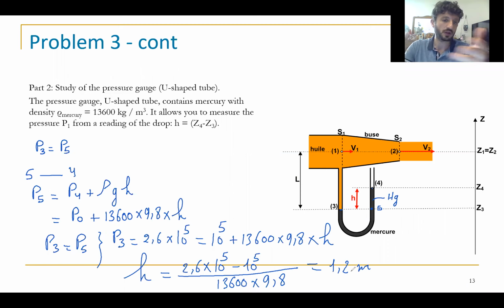Okay, so here for any value of Q, if we have Q, for example, as a given value, you can find H. Okay, now we can use this nozzle, this configuration, to find the height if we have Q. Also, we can find Q